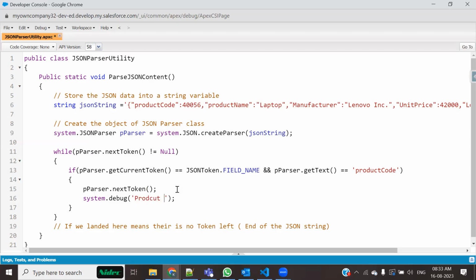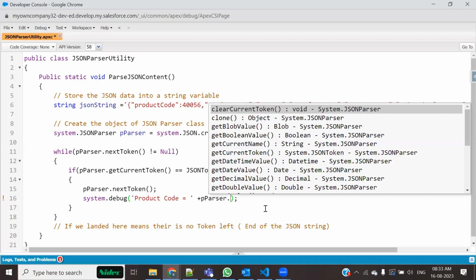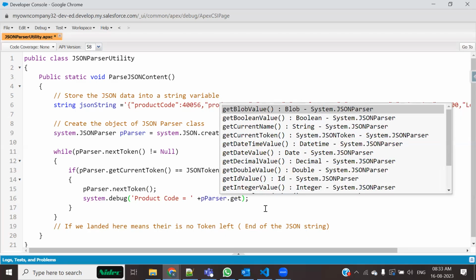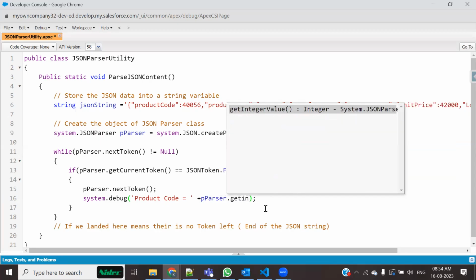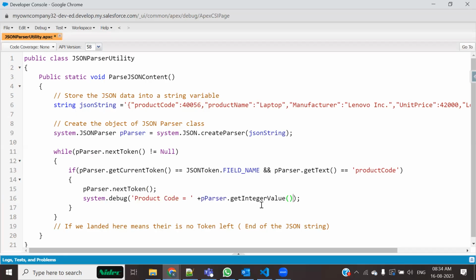चलिए, तो अब जब हम आगे बढ़ ही चुके हैं तो लेट मी डू सिस्टम डॉट डीबग। अब मैं लिखता हूँ यहाँ पे ये कस्टम स्टेटमेंट, द वैल्यू ऑफ प्रोडक्ट पी प्रोडक्ट कोड इक्वल्स टू प्लस प्लस. What I wanted to do is print the value of that, right? मैं उसकी वैल्यू प्रिंट करता हूँ। सो here I would be giving प्लस p parser dot वैल्यू। आप देख सकते हैं वैल्यू एक नंबर है 40056। तो मुझे नंबर चाहिए तो आई कैन टेक डेसिमल, आई गेस आई हैव डेसिमल तो है ही हमारे पास। इंटीजर है क्या? इंटीजर भी है। यस, देयर इज एन इंटीजर वैल्यू।